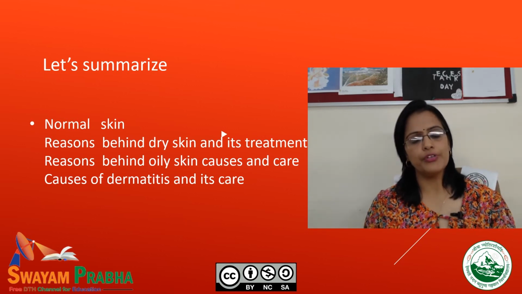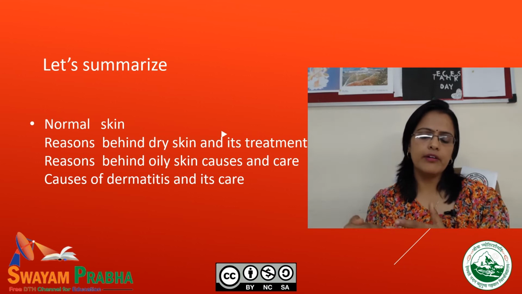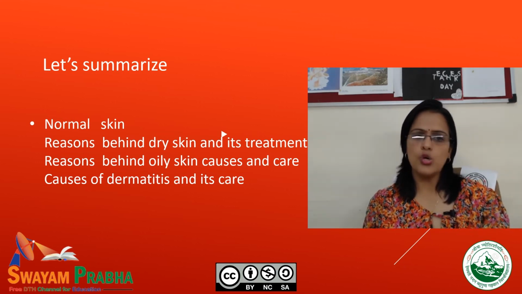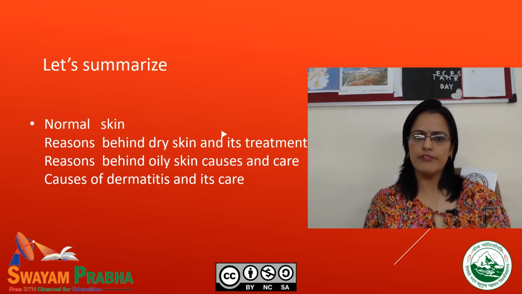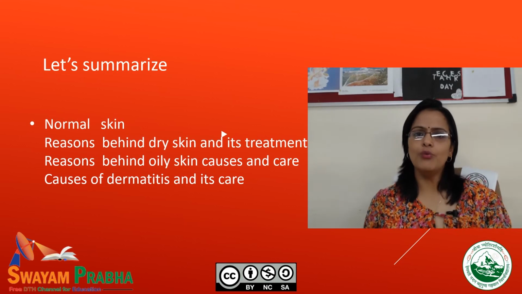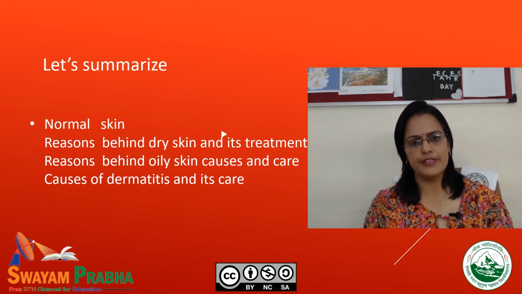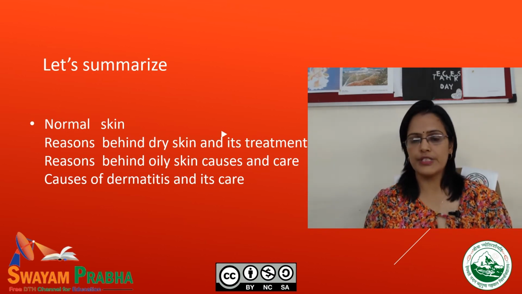Because in the coming module we will discuss some more skin problems and their treatment. We discussed the causes of oily skin and dry skin, their symptoms and how they are treated, as well as the different types of dermatitis, and